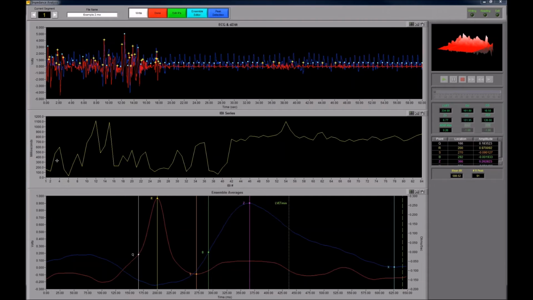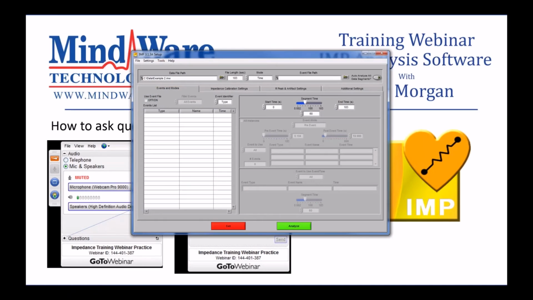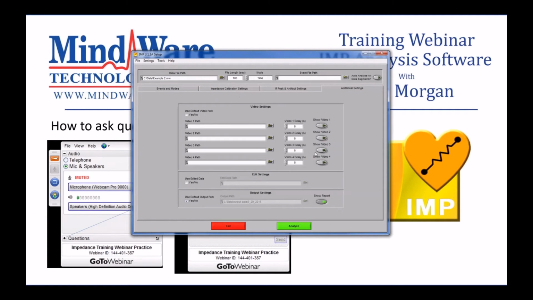Okay, there's a question about how to view video during analysis. If you collected videos using Biolab, then the videos are going to automatically be named such that the analysis applications can find them and load them. So on this additional settings tab, you're going to see the videos that you collected in Biolab automatically populate in